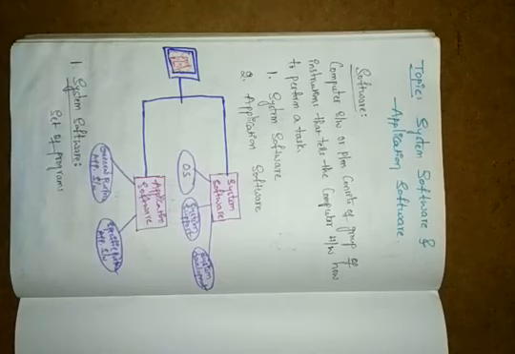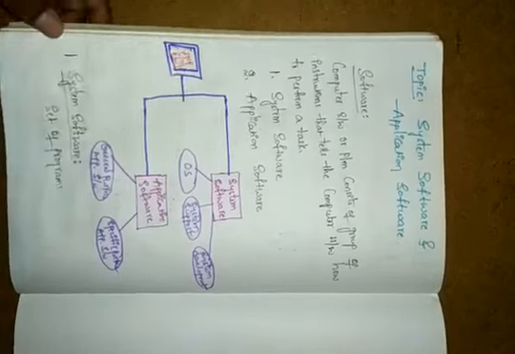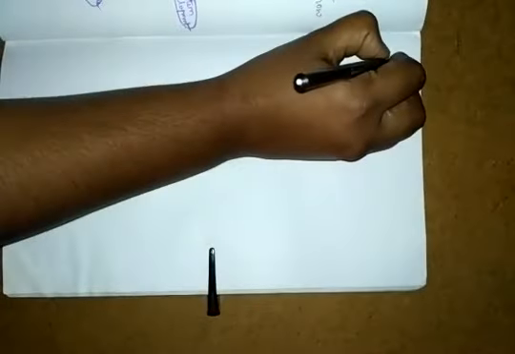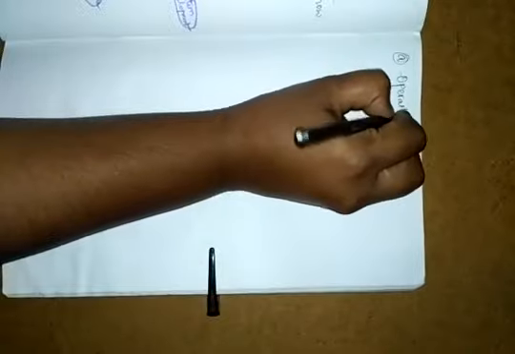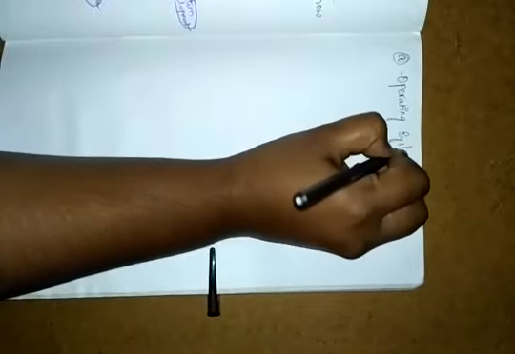Okay, right? Your system software is basically divided into three types. Here we have the voice, system support, and system development. Let's see the voice. Voice means your operating system. So it is divided into operating system.